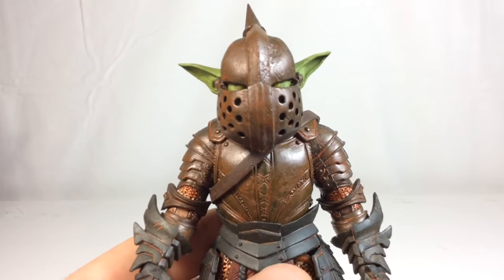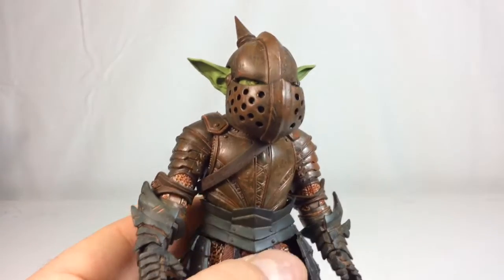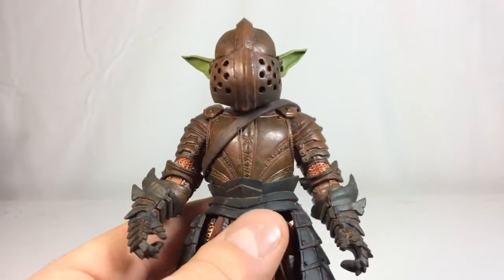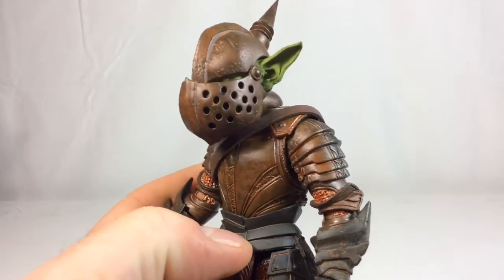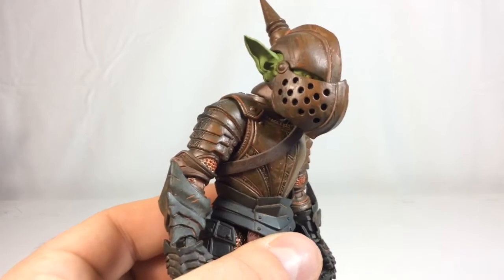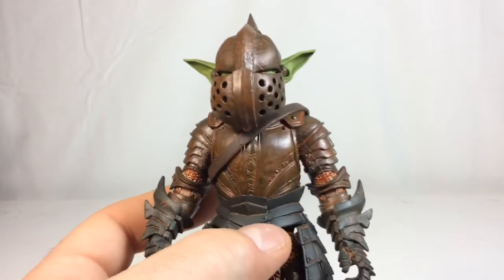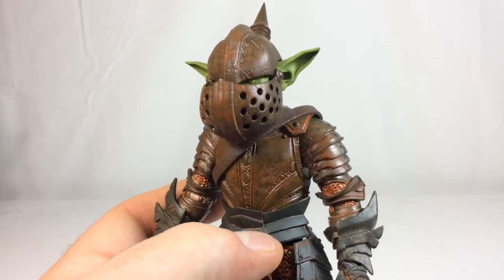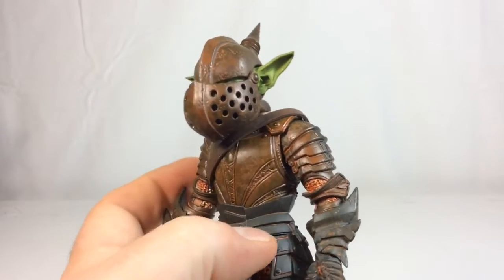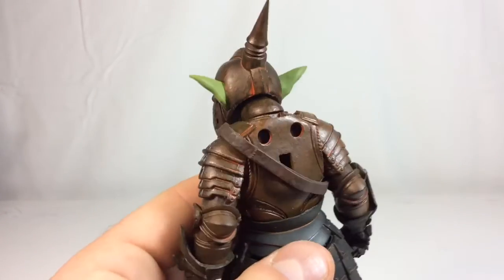Okay, next up, we're going to be taking a look at sculpt and paint. And this is where the Mythic Legions figures really shine, is the sculpt and the paint work, I think. Looks really good. They've definitely improved on a lot of their quality control issues as far as the paint goes, I think. I'm not to say that some of them don't have quality control issues, but looking at Gonxx here,